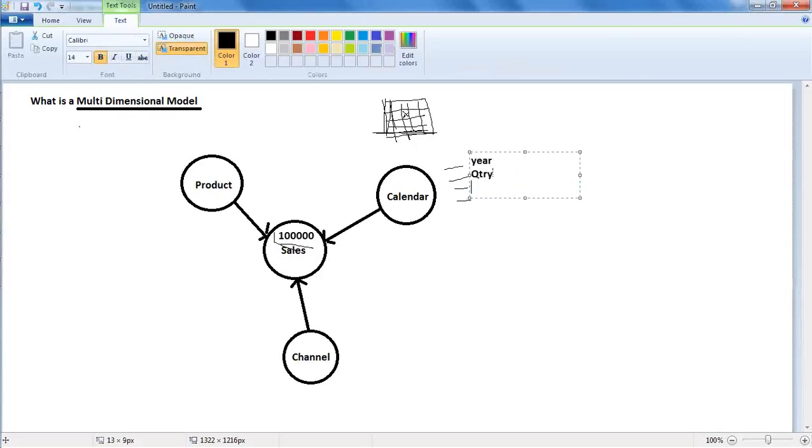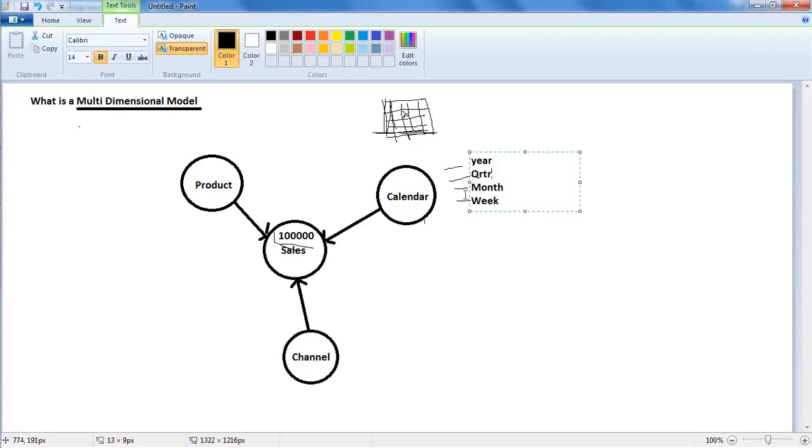I'm giving the list in general. So I have year, quarter, month, week. Now, if I look at my 100,000 from the perspective of a calendar,